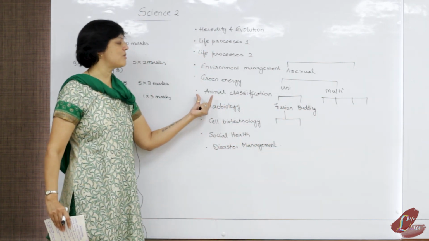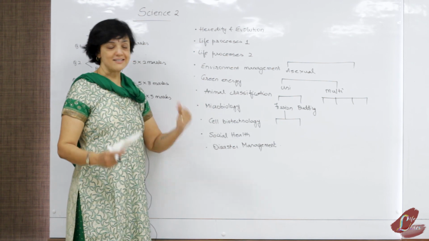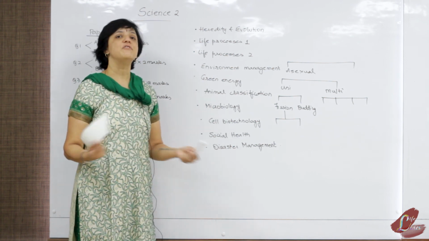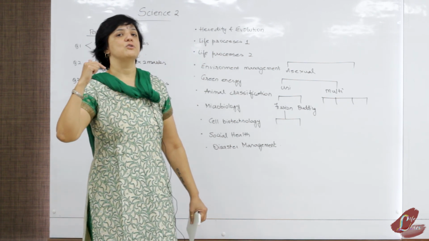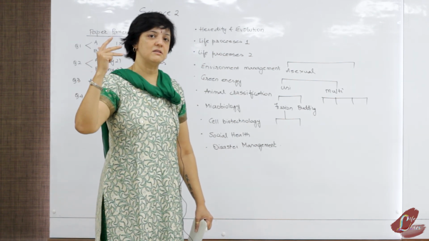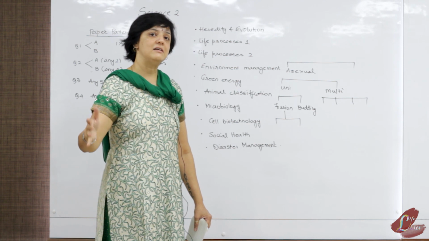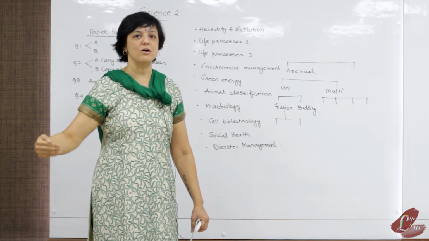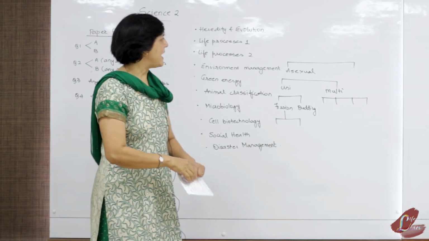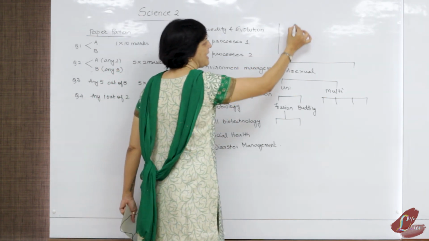The same goes for animal classification. My suggestion is you have the 10 phyla, right? Starting from Porifera to Cnidarians, you're going to have Platyhelminthes, Aschelminthes, arthropods, annelids, mollusks, echinodermata, hemichordata, and chordata, right? Make 10 columns. If you have 10 phyla, make